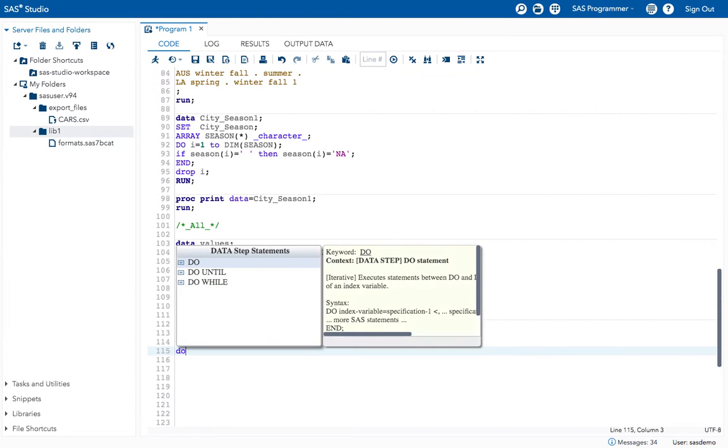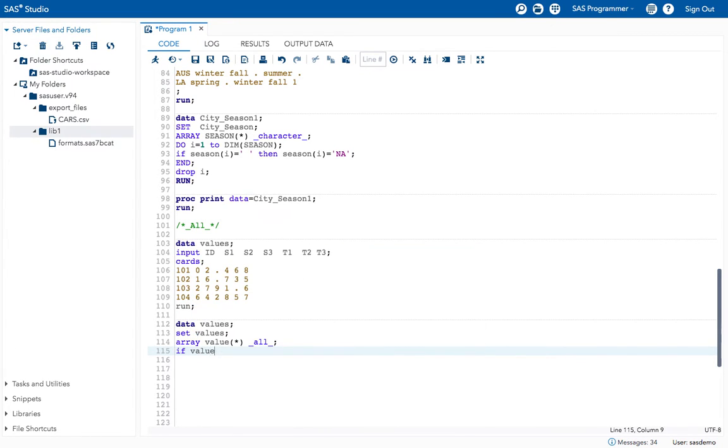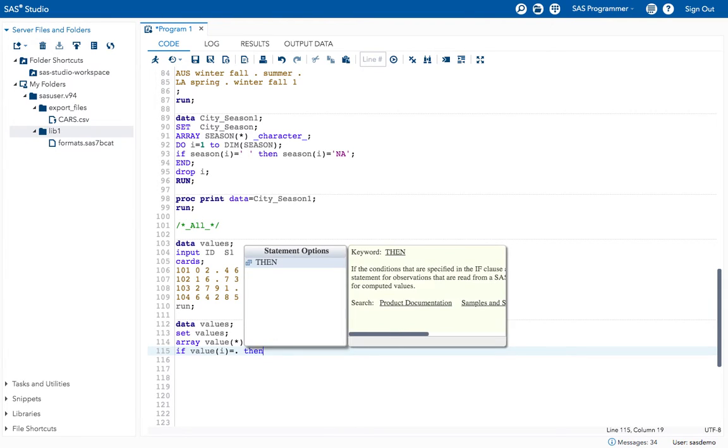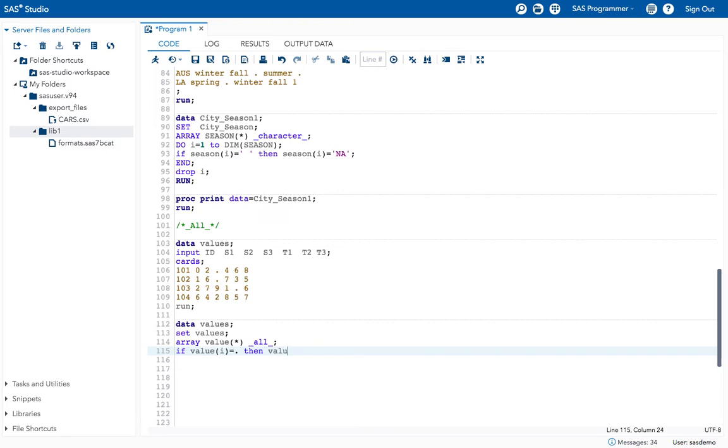Now I want to give the do statement, right? Before that I will give if value I equal to missing, then I want that to be replaced with value I equal to 0. Now give the do statement.